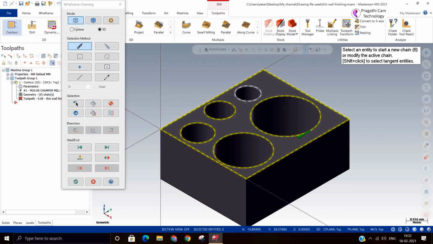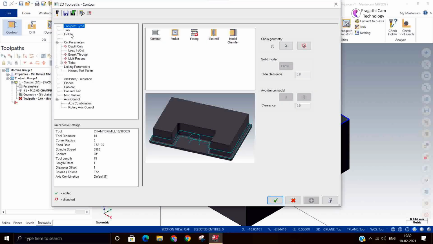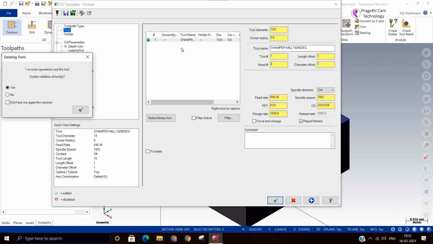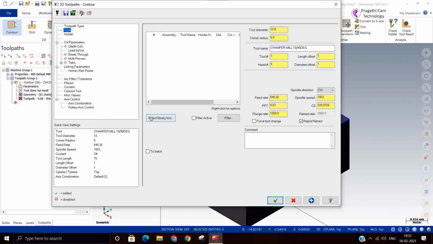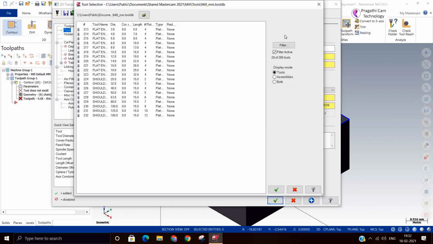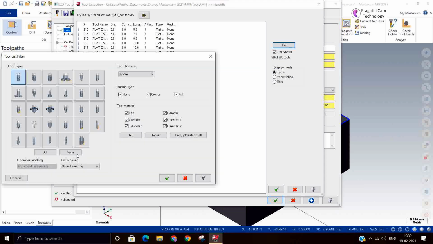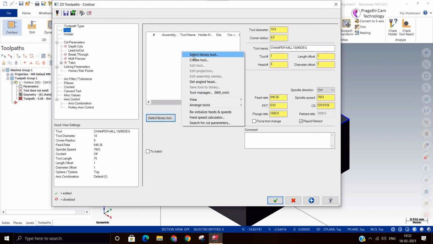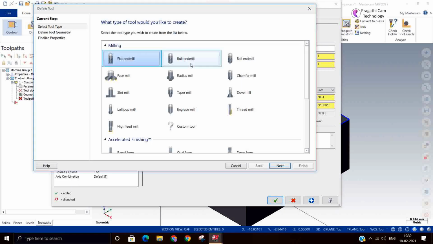There may be chances of a compensation issue, so let me check it. I'll select the radius tool now. I am taking the radius tool. No radius tool is available.